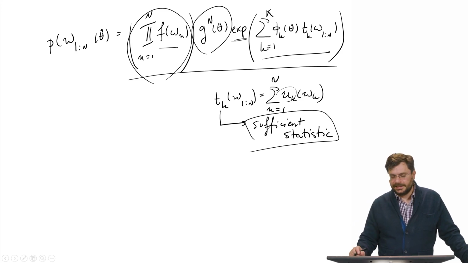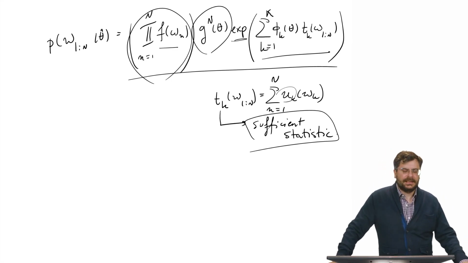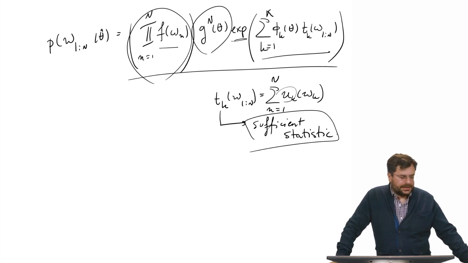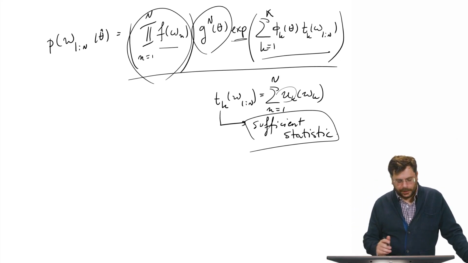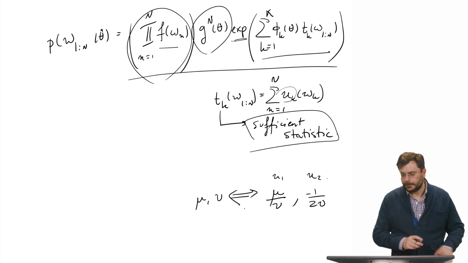Why are we calling these sufficient statistics? Well, that's kind of interesting. When we collect data, and suppose that we say that the data is drawn from a Gaussian, then there are only two different ways of rearranging the data that will give me important information to be able to parameterize my Gaussian. The first thing will be the mean of the data, and the second one will be the variance of the data. Now, in the way that I've rewritten my Gaussian as belonging to the exponential family, it may not be the mean and the variance, but equivalently, it could be the mean over nu. I'm just writing down the u1, and here's the u2. And it could be negative 1 over 2 nu. But either way,